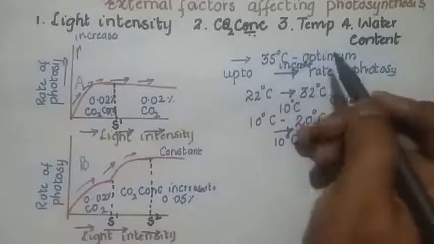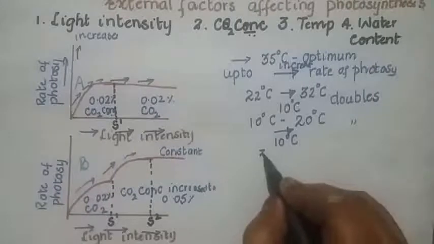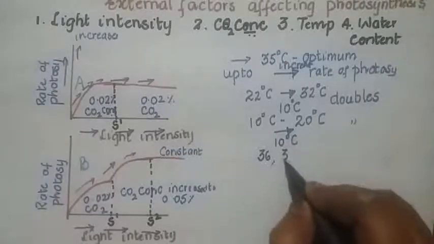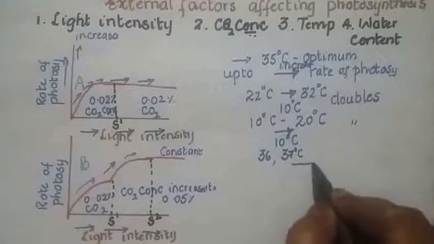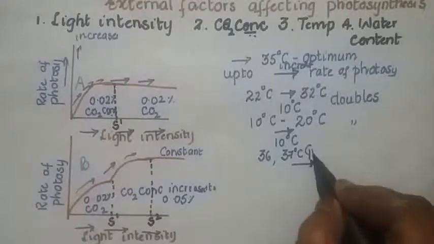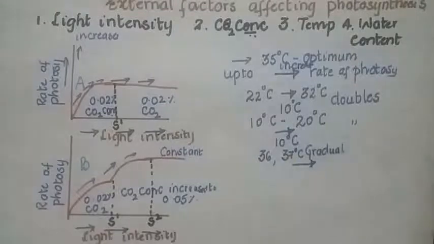But after 35 degrees Celsius, when the temperature reaches 36, 37 degrees Celsius, you can find a gradual decrease in the rate of photosynthesis, because the higher the temperature,